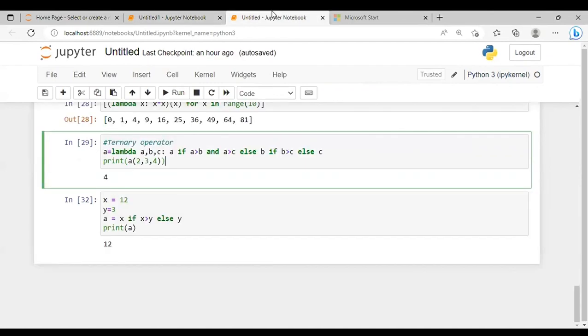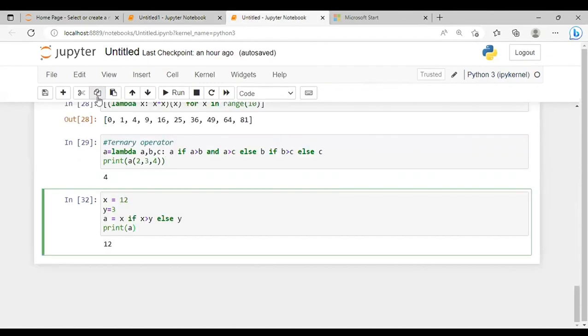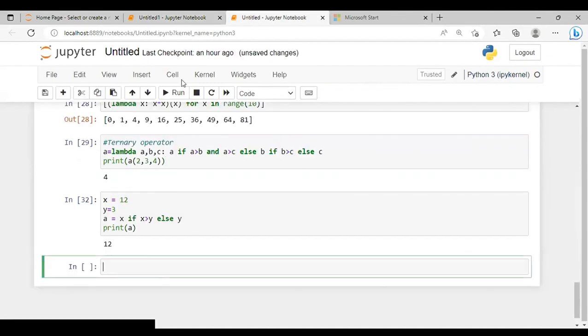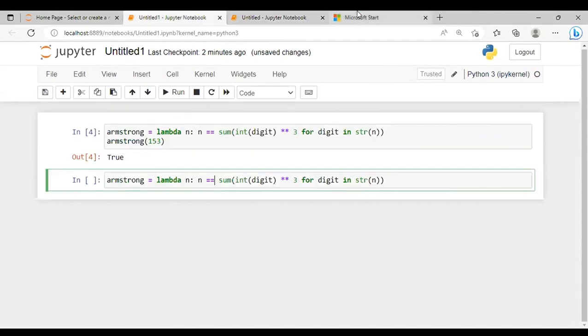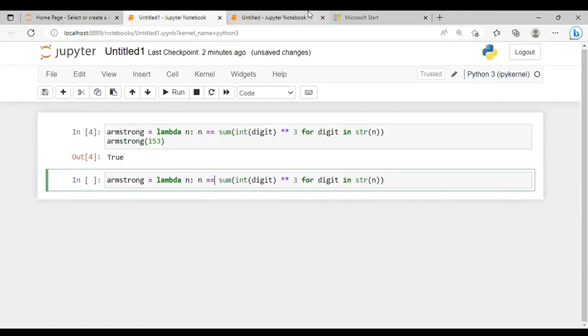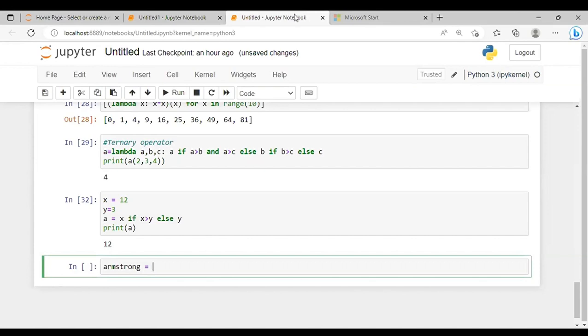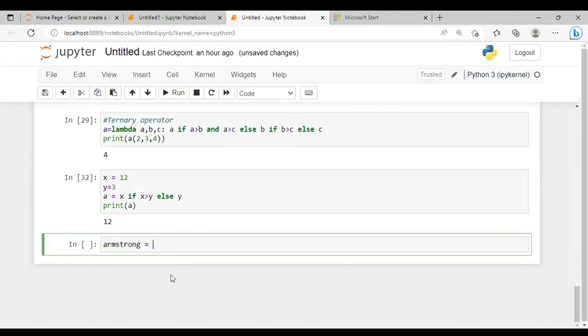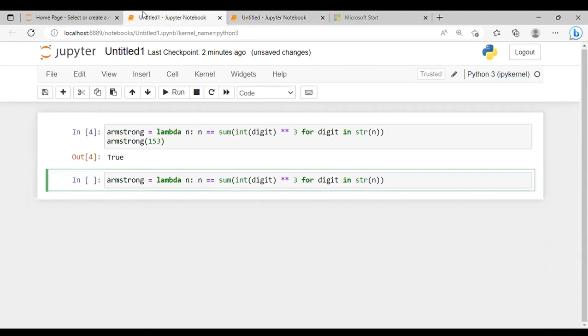But let me just write it down here. So let's define a function Armstrong. Armstrong equal to, then how many inputs we are having, guys, for that? Lambda n. Okay, n will be the input, and then we are checking what,